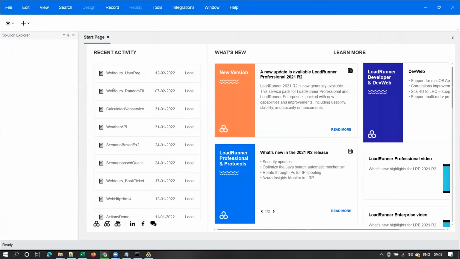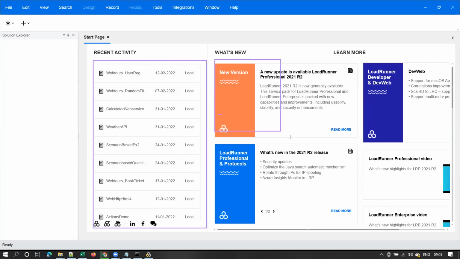These are the recent scripts that were opened on my machine. Under recent activity, you see some scripts. Recent activity will show you the recent scripts opened on your machine. For you, it will be empty. Those who started just now won't see any scripts over here.